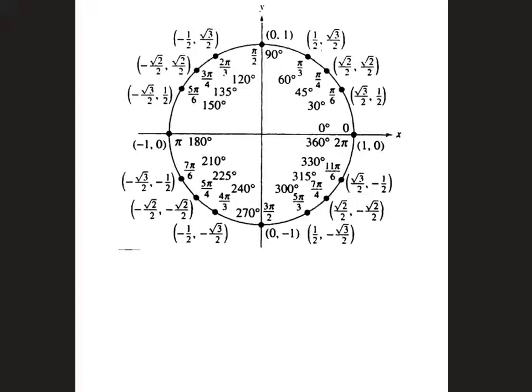Now remember, trig values take in an angle and spit out a ratio of sides, depending on which trig ratio you're working with. Inverse trig values take in ratios and spit out angles. Now, when we're using the unit circle for this year, all you're really going to have to be able to do is find inverse sine and inverse cosine, because those are the things that are directly on